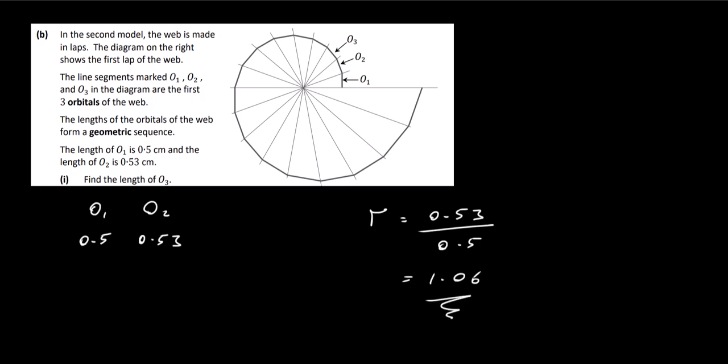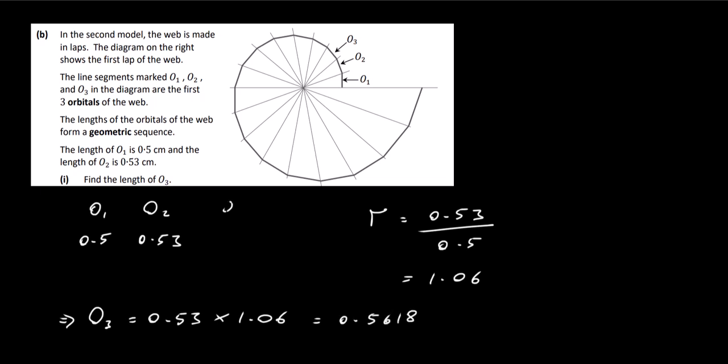So we know that this is a geometric sequence. So we know that O1 is 0.5, orbital 2 is 0.53. So that would just mean that the common ratio then is 0.53 divided by 0.5. When you do that, you get 1.06. So this is our common ratio here. This is what we need to multiply each term by to get the next term. So that would just mean then that O3 is equal to 0.53 multiplied by 1.06, and that is